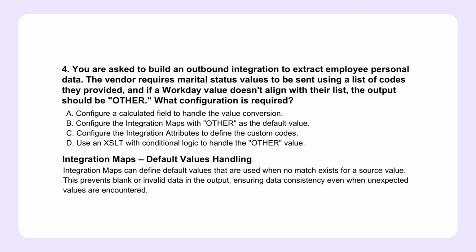But what if you have unmapped items? Say you need to output something like "other" if a Workday value doesn't quite align with the vendor's provided list. How do integration maps handle that kind of scenario? Yeah, that happens. Integration maps can actually be configured with default values specifically for unmapped items. So if a Workday value doesn't match any of the vendor's codes in your map, it will automatically output a specified default value, like your example "other", without requiring any extra calculated fields or, again, custom XSLT